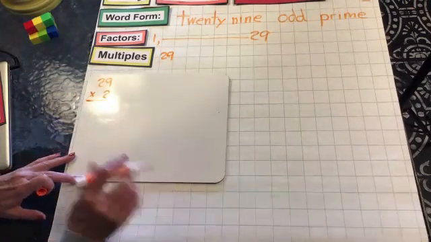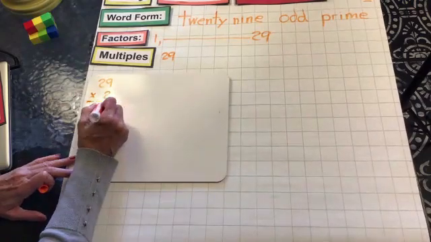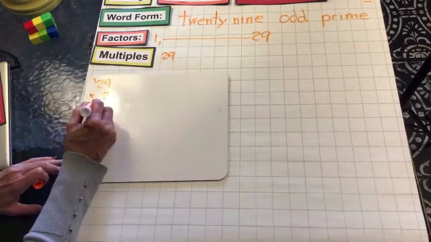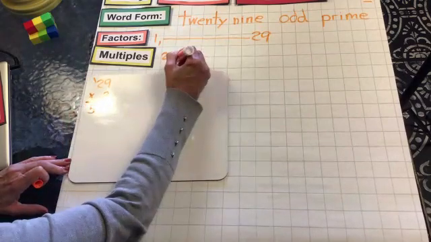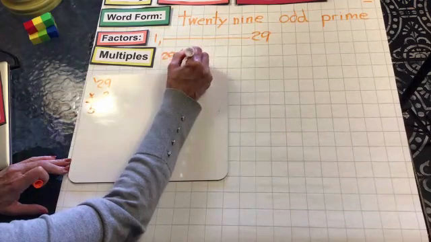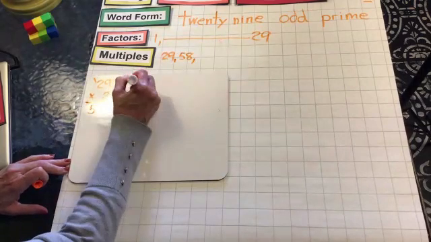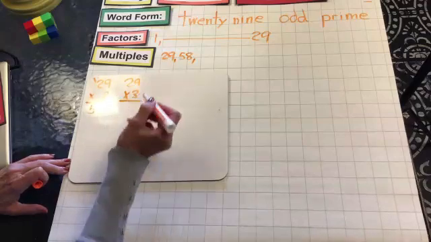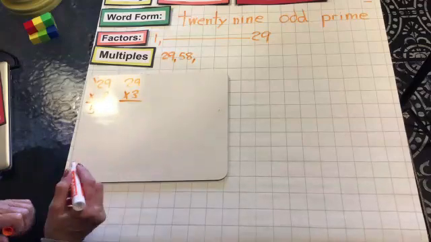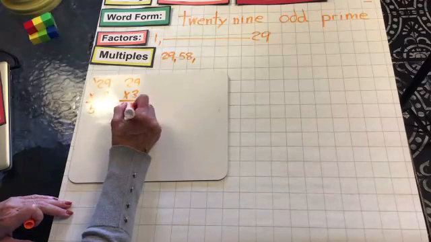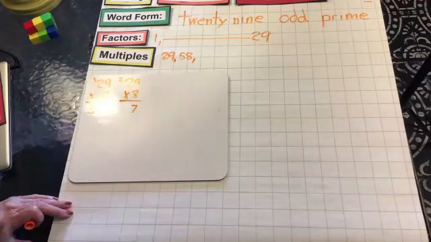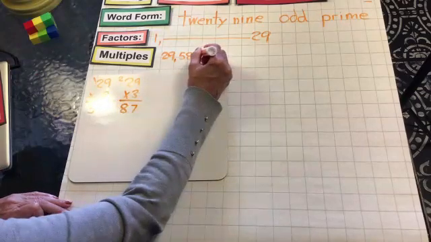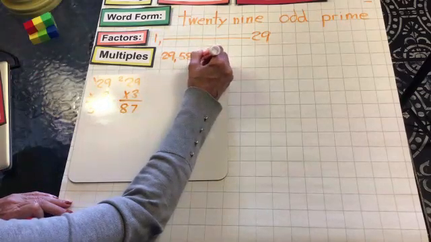2 times 9 is 18. Drop the 8, carry the 1. 2 times 2 is 4 plus 1 is 5. So our next number is 58. Then we have 29 times 3. 3 times 9 is 27. Drop the 7, carry the 2. 3 times 2 is 6 plus 2 is 8. So 3 29s is